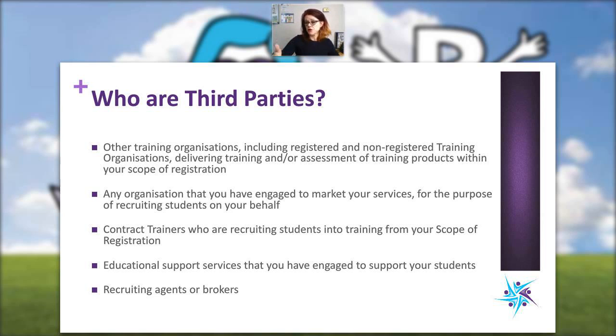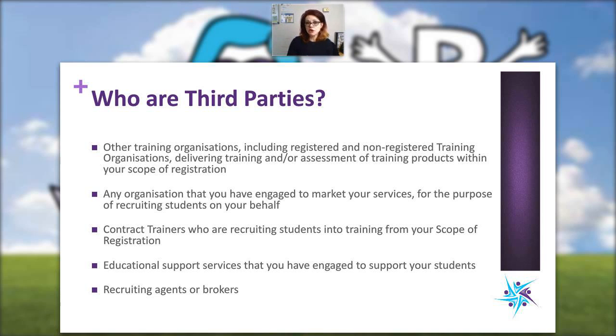But that's not what they're talking about with these clauses, 2.3 and 2.4. This is more, you might be hiring a contract trainer similar to a training organisation or non-registered training organisation that is recruiting students on your behalf. For example, one that we used to do is we had trainers who would go out to different pubs, so it would be RSA, RCG training, and they would recruit students on behalf of the RTO, and they might collect enrolment forms. What we did when we had that is we actually collected the enrolment forms first and verified the students before we actually took them into the class.